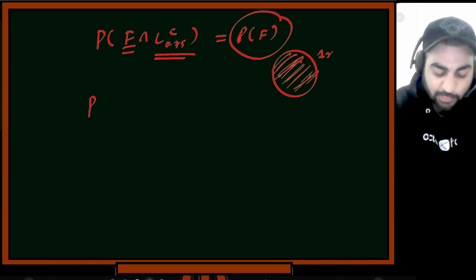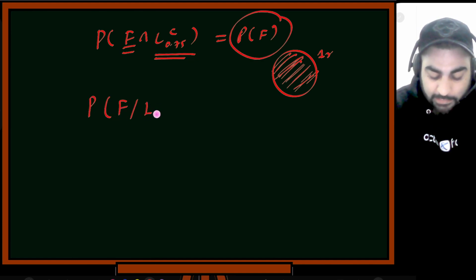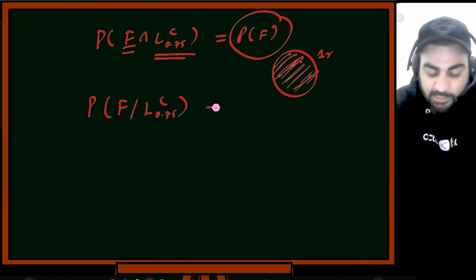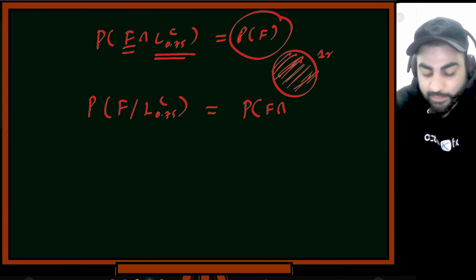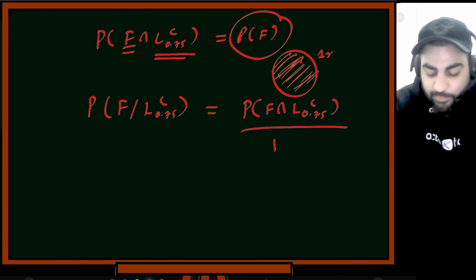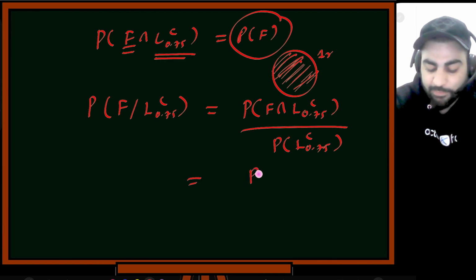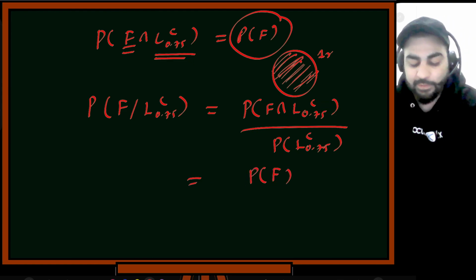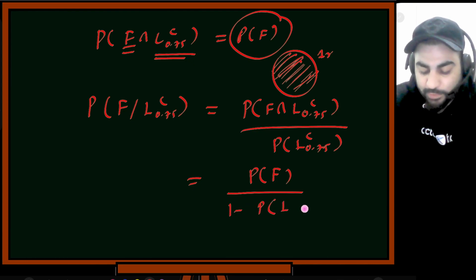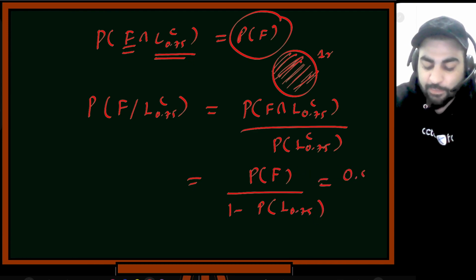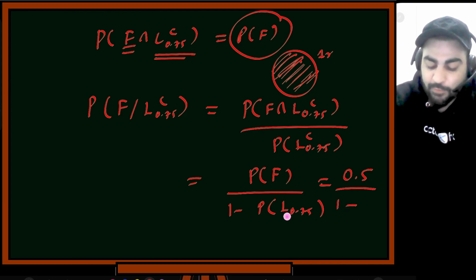So here, if I have to compute the probability of F given L 0.75 complement, this will be equal to the probability of F given the intersection of L 0.75 complement, divided by the probability of L 0.75 complement. So this will be P of F, that's why I computed P of F, divided by 1 minus the probability of L 0.75. Now you know P of F is 0.5, that we computed, divided by 1 minus P of L 0.75,